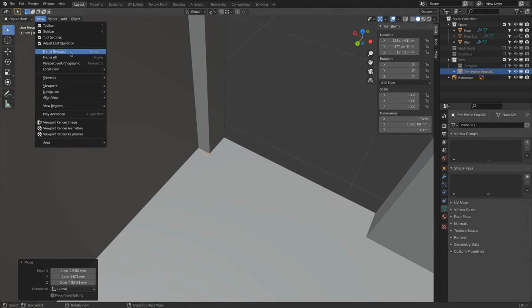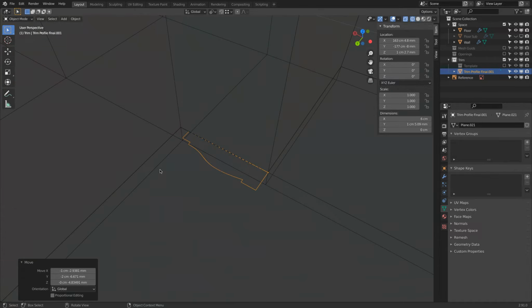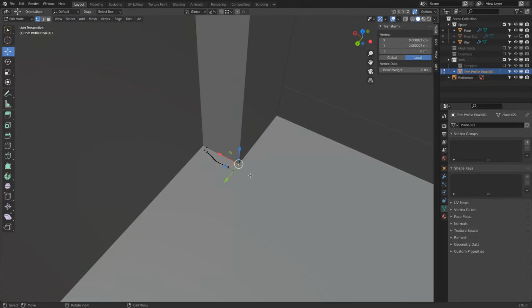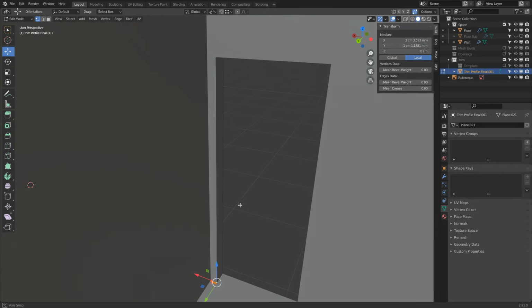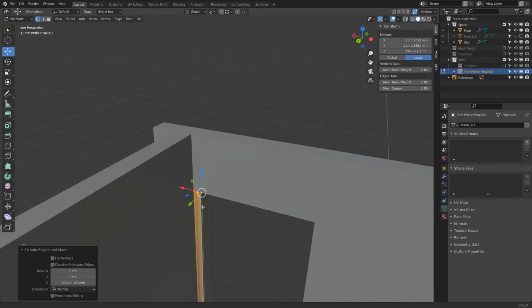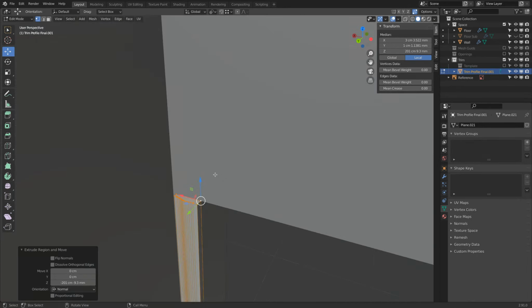View selected. There we are. Very good. Okay, go to edit mode, A and F. Then I can press Q and turn this edge display off, or I go here, turn the overview off, and then E and Z, or in my case it's already along Z, and I get this. Okay,